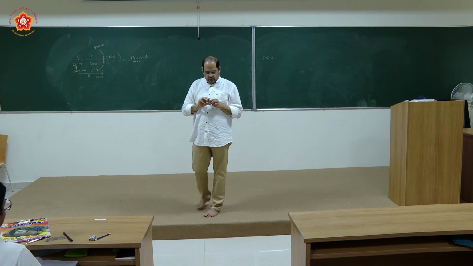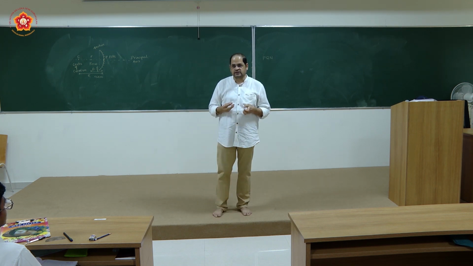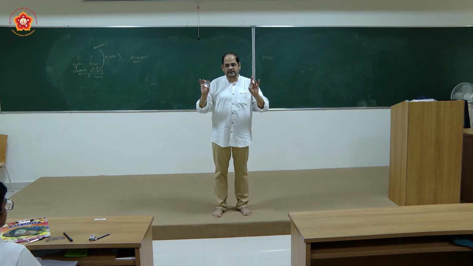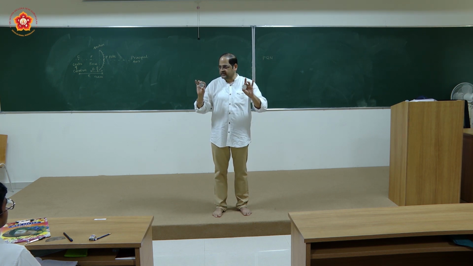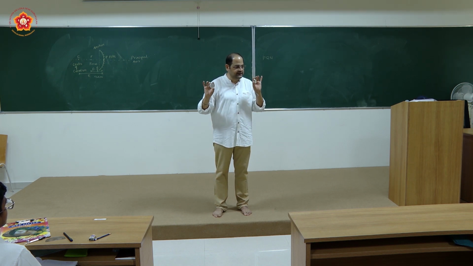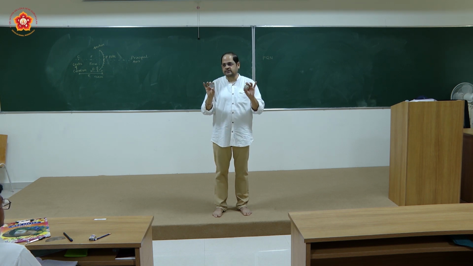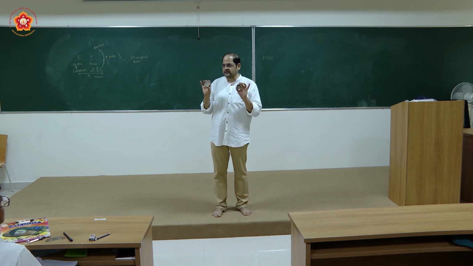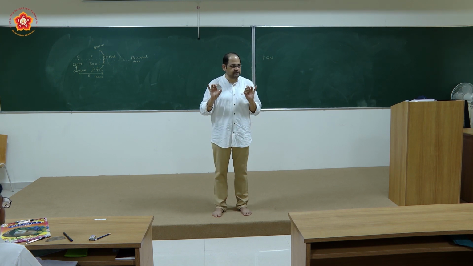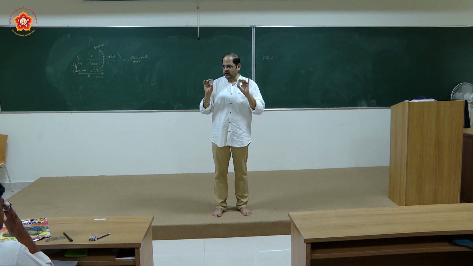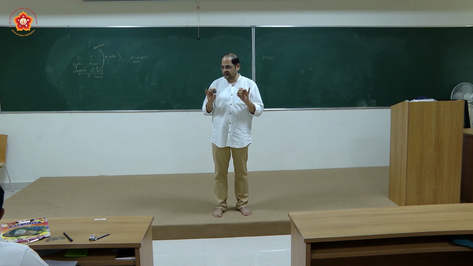So I am showing you these mirrors for a simple reason, that the amount of concaveness or convexness we show while drawing the ray diagram is not the reality. In reality, the mirrors would appear to you in this manner, and you have to decide which one is concave and which one is convex. There are rear view mirrors. Have you seen the rear view mirrors attached to the cars? So are those rear view mirrors convex mirrors or concave mirrors?